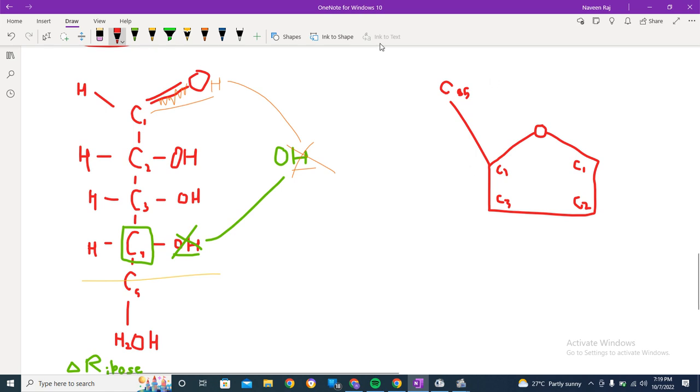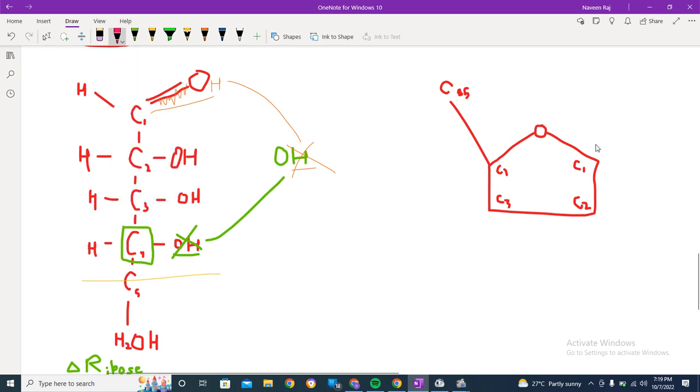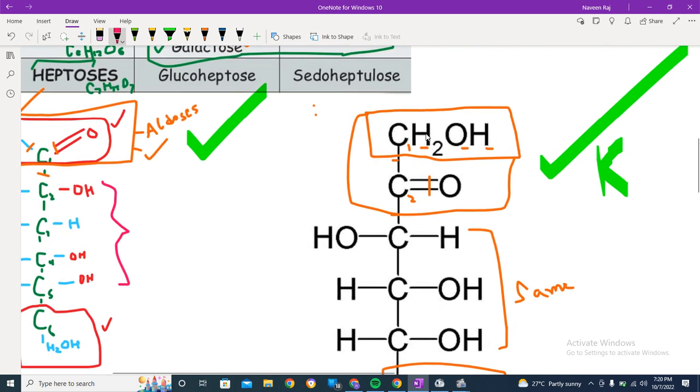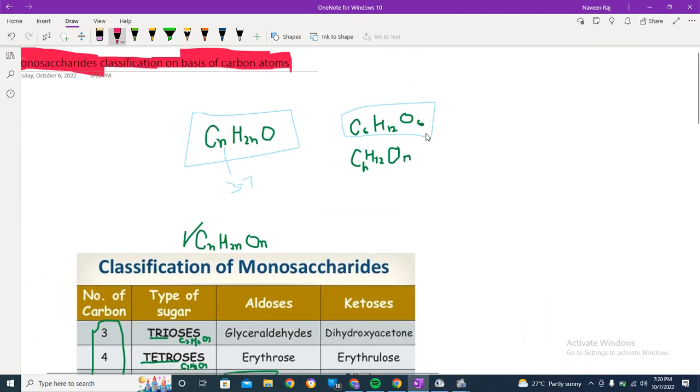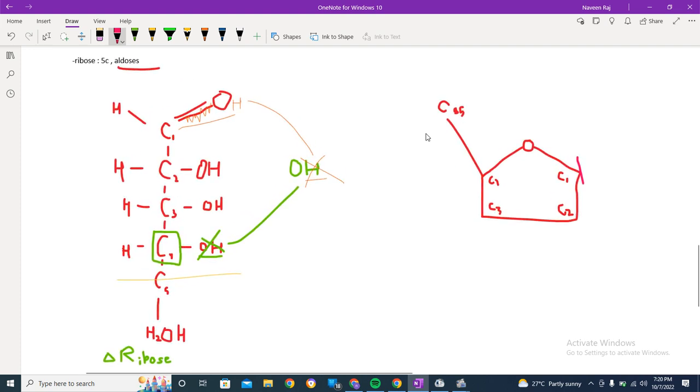So we have done this. Now let's go for the remaining things. Have I told you about the alpha and beta? Maybe not, I haven't told you. We will be looking into that in today's video. We have got two topics covered in this single video: the ring structure and the alpha beta system as well. Okay, so you're gonna see that